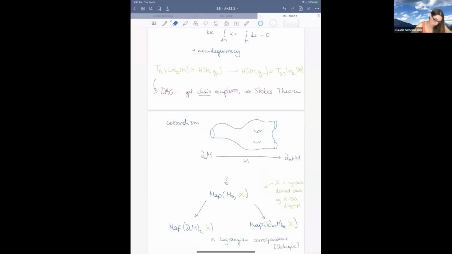Okay. And so now my inclusion here, what am I doing over here? I'm including my in boundary into M, and I'm also including my out boundary into M. And so I can now apply maps blank, comma, X. And actually, to fit into the framework, I want the stack, but to get a diagram where the maps go the other way. So I get a span. And the fact is, the analog of what we had before is that the span here is actually a Lagrangian